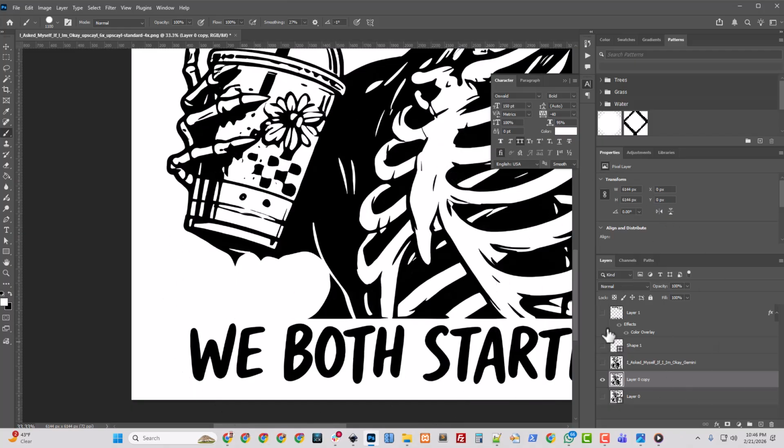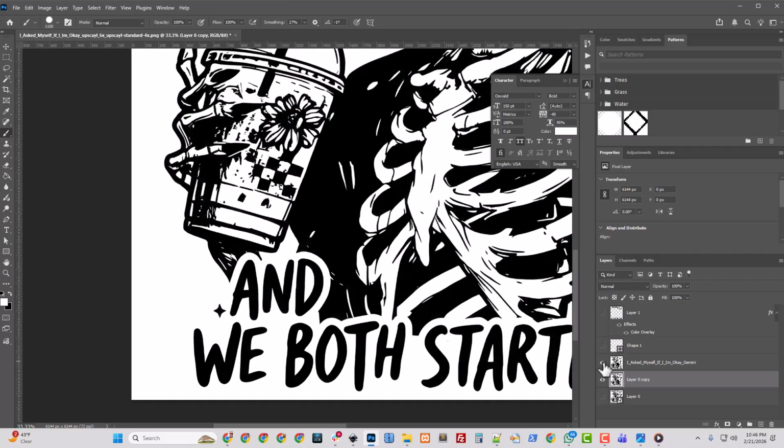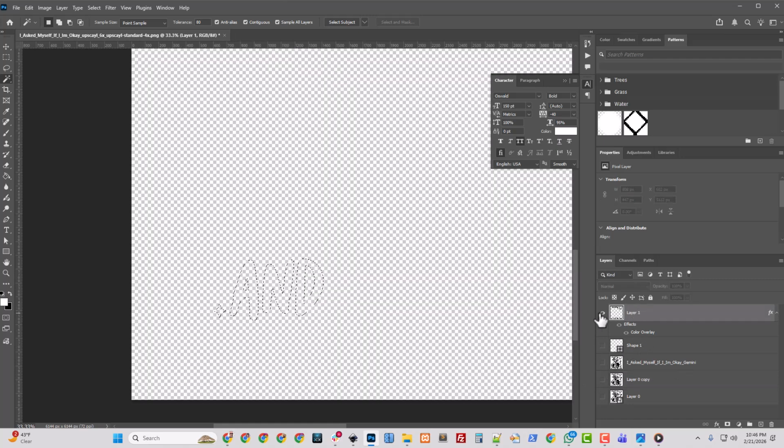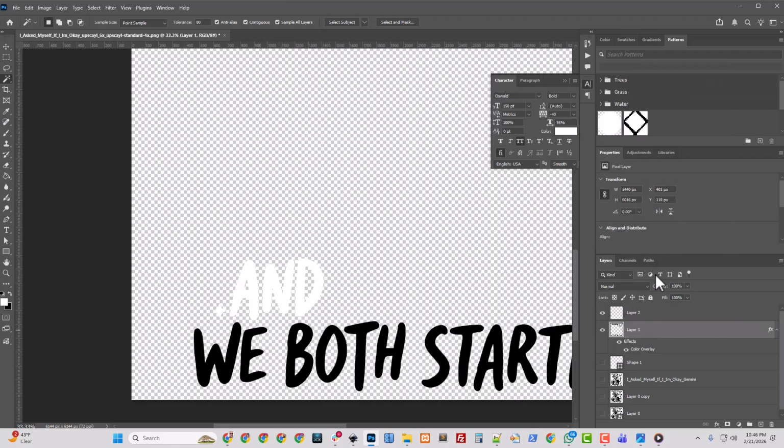And then we will turn this layer back on. That's the text, sorry. We'll turn this layer on, and we'll grab this text and the star, and we'll put it up above this layer. So this is my text layer that's got all my stuff on it. We'll do Control-Shift-V and we will copy this layer style.